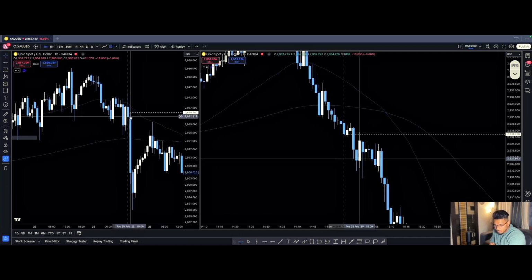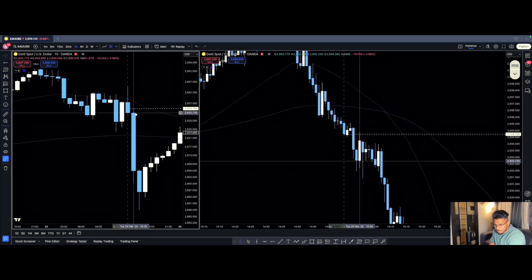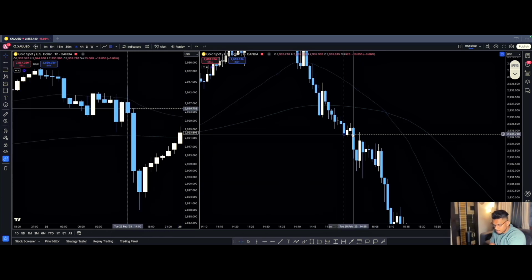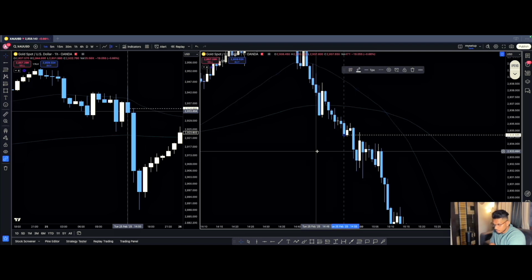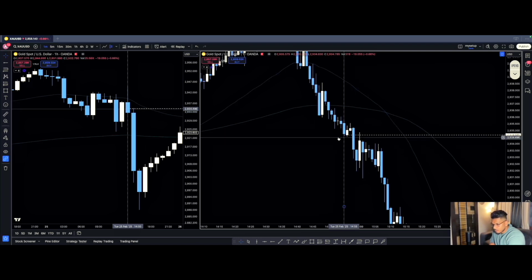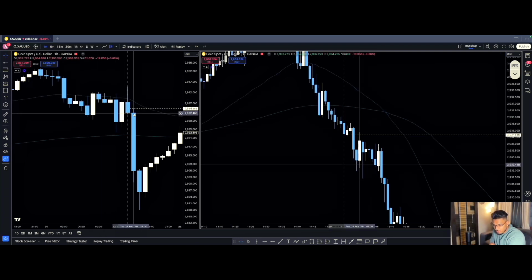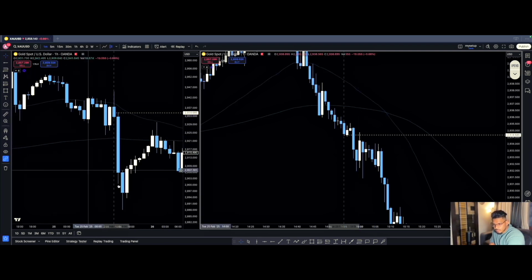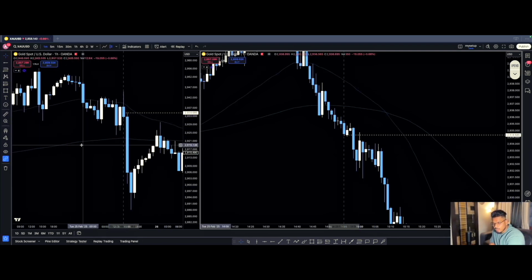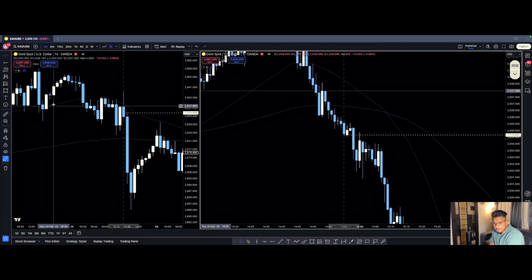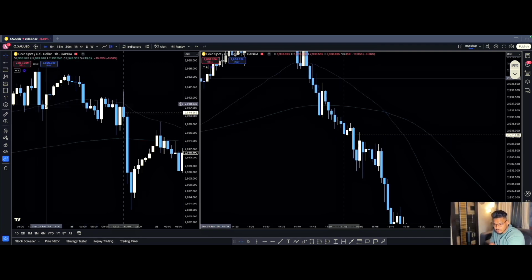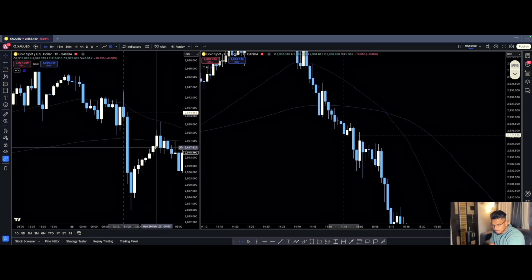I want to see this wick, this small wick you can see here, and only then I want to place my entries at the break of this low. If this candle does not make a wick after the candle closure, if it does not retrace back a bit, then I'm going to skip it. Because when you look at this chart, how many candles do you see without a wick? Let's see. So this is one candle, this is a second candle,